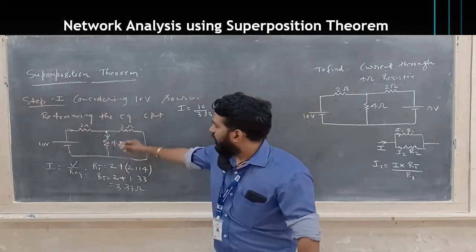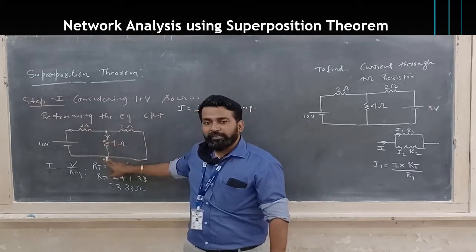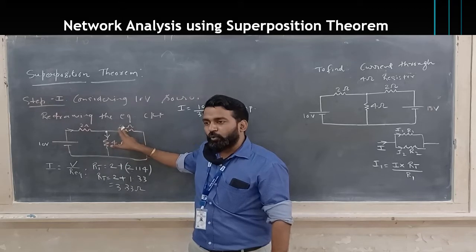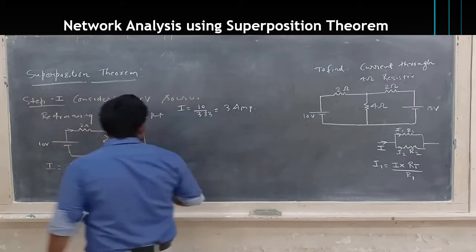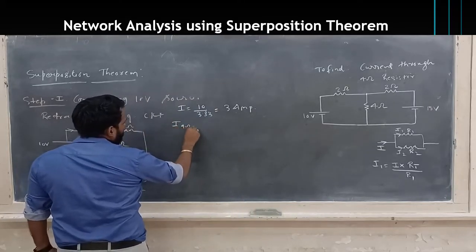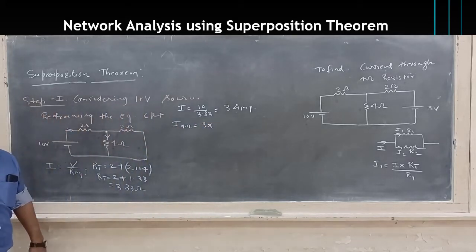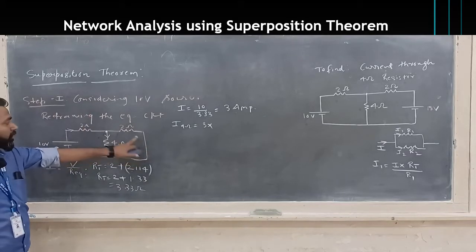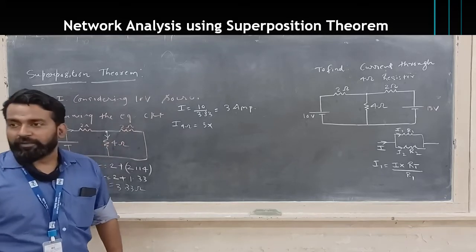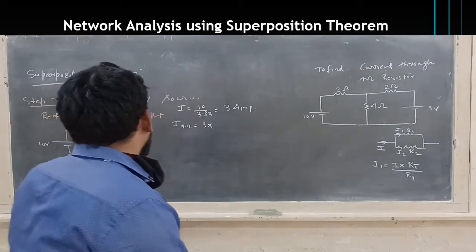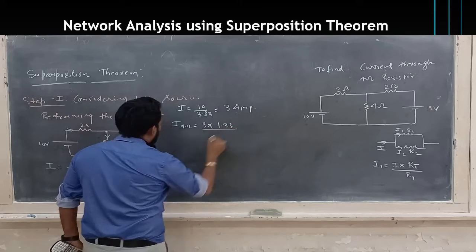Now in our case, the total current of 3 ampere is getting divided into two parallel branches. One has resistance 4 ohm, the second has resistance 2 ohm. You have to find the current through the 4 ohm resistor. So using the current divider rule, I through 4 ohm is total current 3 ampere into RT. RT is the total resistance of the parallel branch, the parallel of 2 and 4. So take 1/2 plus 1/4 and the inverse of that value. It is 1.33. So it is 1.33 upon 4.